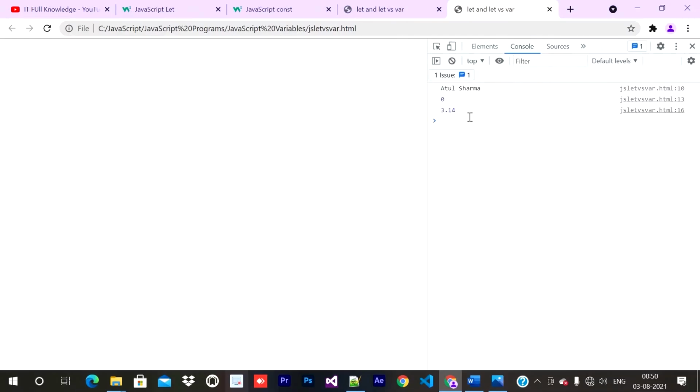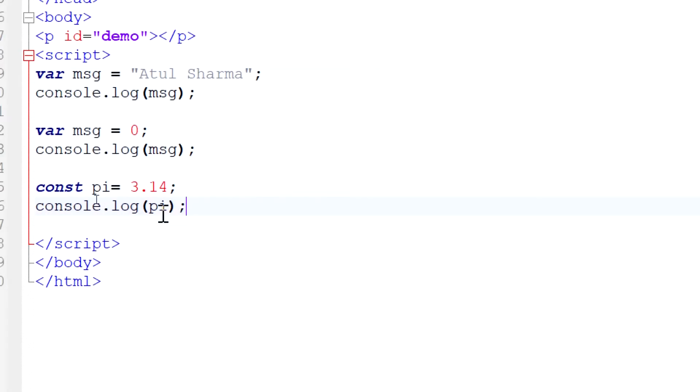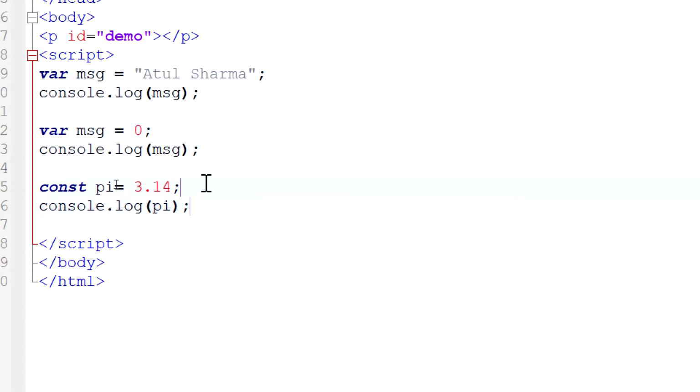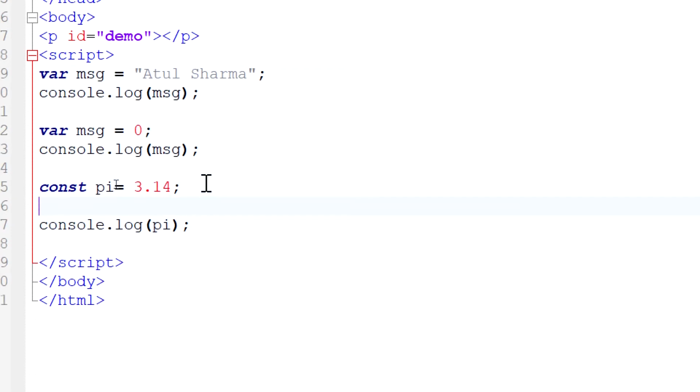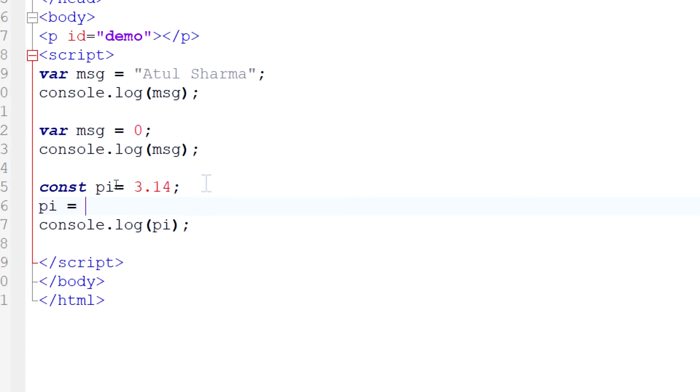Now if we come here and want to change that pi value, let me do it. So pi equals, let's say, 5.67.